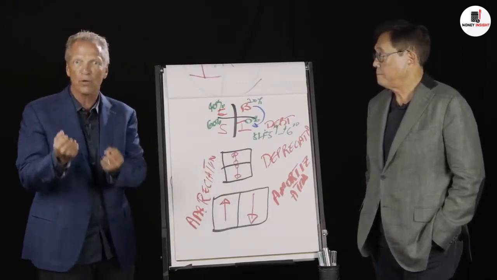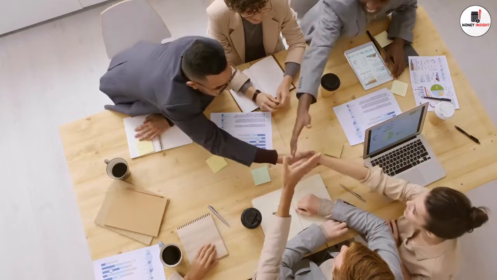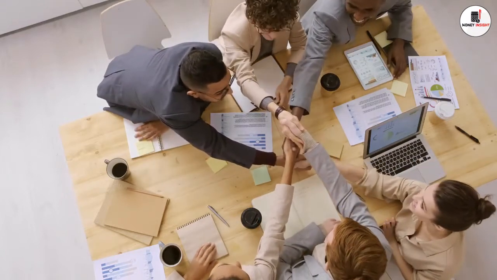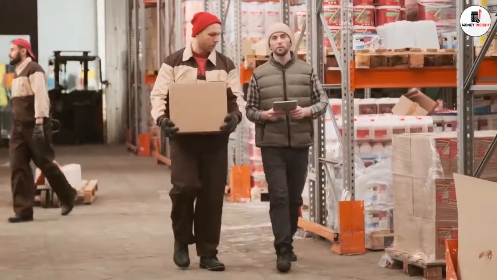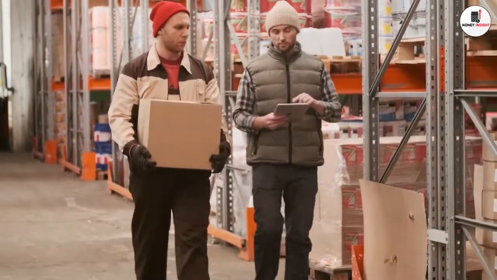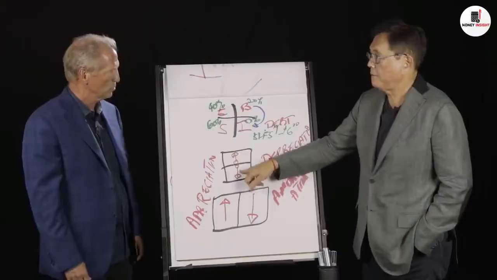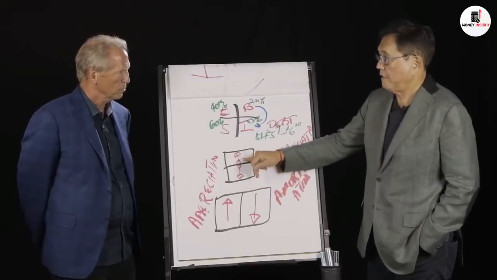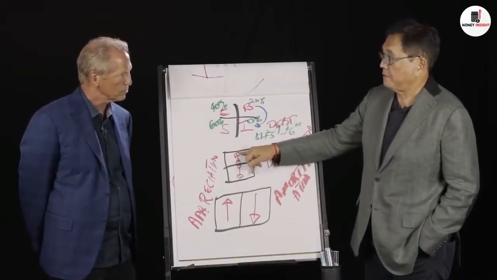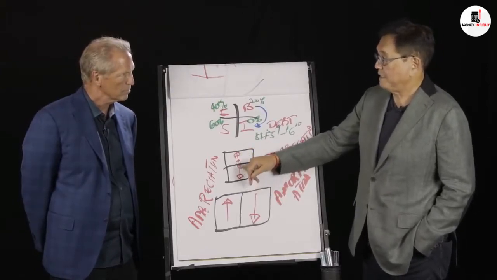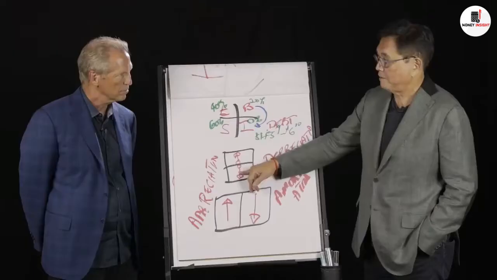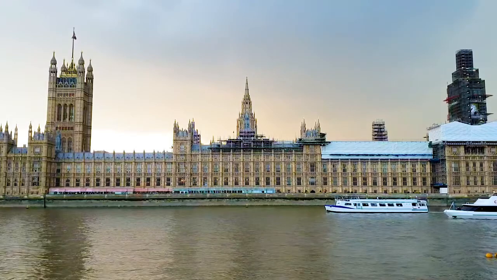Well, anytime you can reduce an expense, now I'm an accountant, and so I love reducing expenses. And every time you reduce expenses, it's like putting money in your pocket, because now you have more that you didn't spend. So let's say it's $500,000. It means $500,000 in income you didn't have to spend, but it was caused by $500,000 in expenses you didn't have to spend. So you pay nothing for taxes.